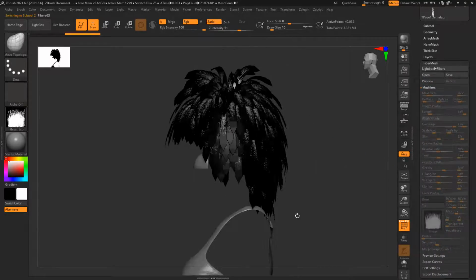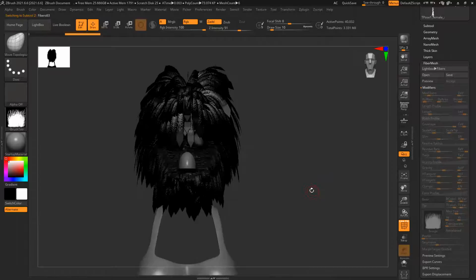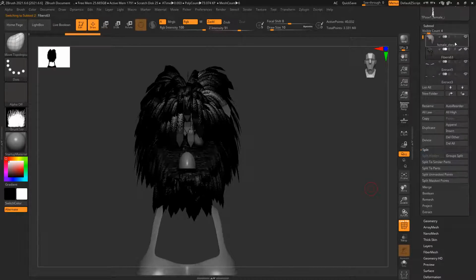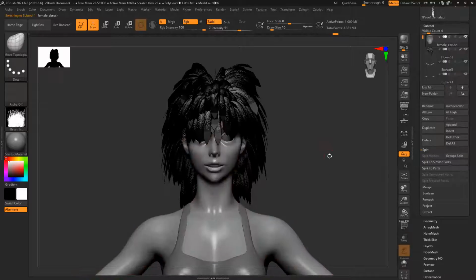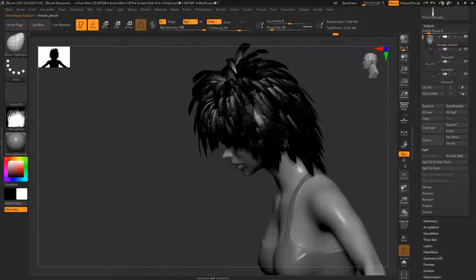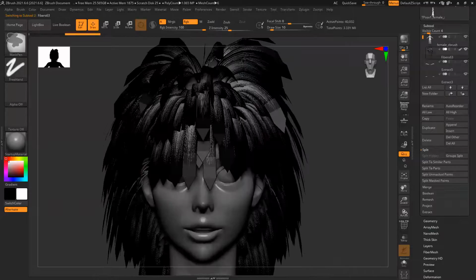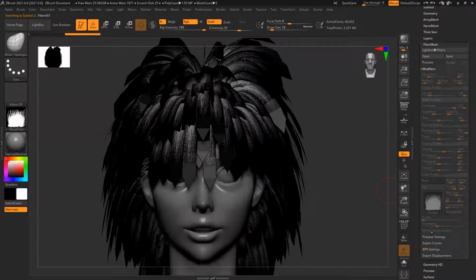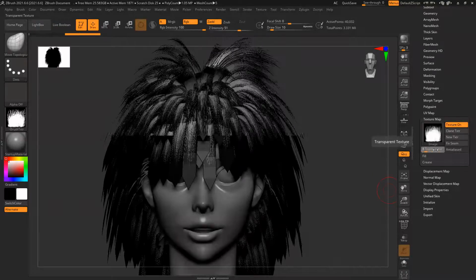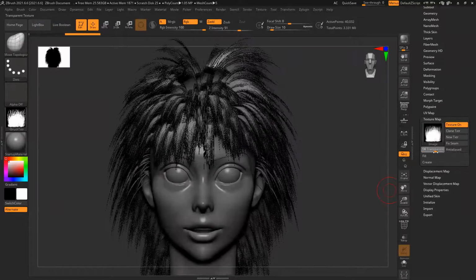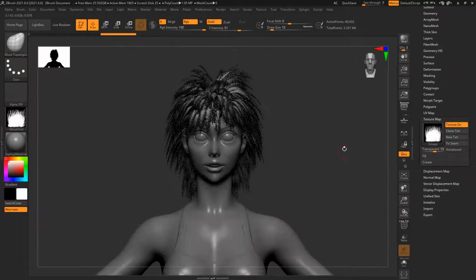I cannot modify anything else now. Now subtool, I go to my head, isolate, resin, tear, fiber mesh, texture, transparency. See, I can switch it on and I can see each and every hair.